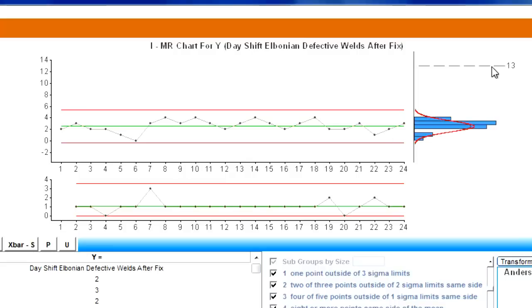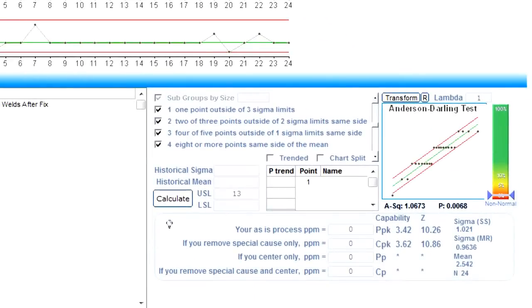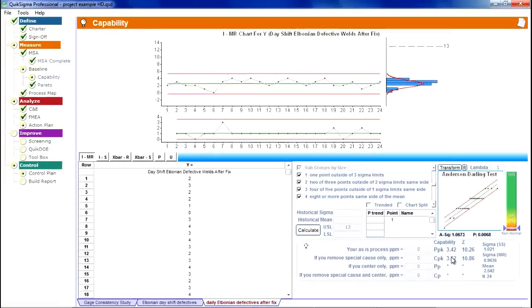And I can just look at the specification limit up here, and my actual production is a long way from the spec limit. And in fact, those of you that want to look at something numerical, I've got a Ppk down here of 3.42, which says that I've succeeded wonderfully, wonderfully well. And I have very good evidence that the problem has been solved. Okay, now